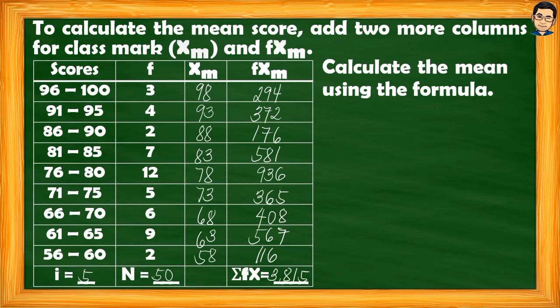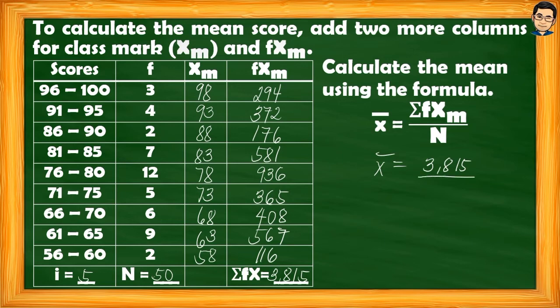So, calculate the mean using the formula. So, ito yung formula natin kanina. Mean is equal to summation of the product of frequency and the class mark all over n. So, yung nakuha nating summation is 3,815, di ba? So, ito siya. And then, over n, that is 50 kasi there are 50 students. So, i-divide lang po natin yon sa 50. So, 3,850 divided by 50, we will get